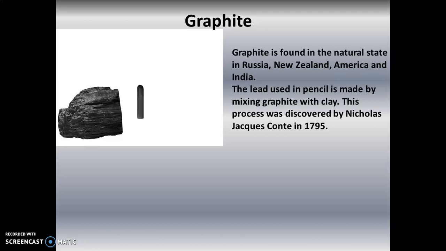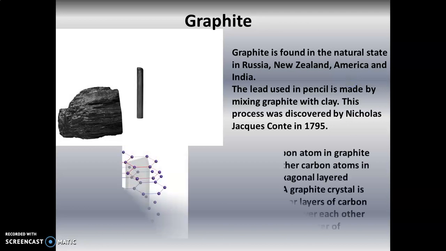Graphite is found in its natural state in Russia, New Zealand, America and India. The lead used in a pencil is made by mixing graphite with clay. So we are very commonly aware of the use of graphite. The lead that we use in the pencil is made up of graphite. This process was discovered by Nicholas Jacques Conte in 1795. At that time he discovered that a black colored substance could be used to write on white paper,